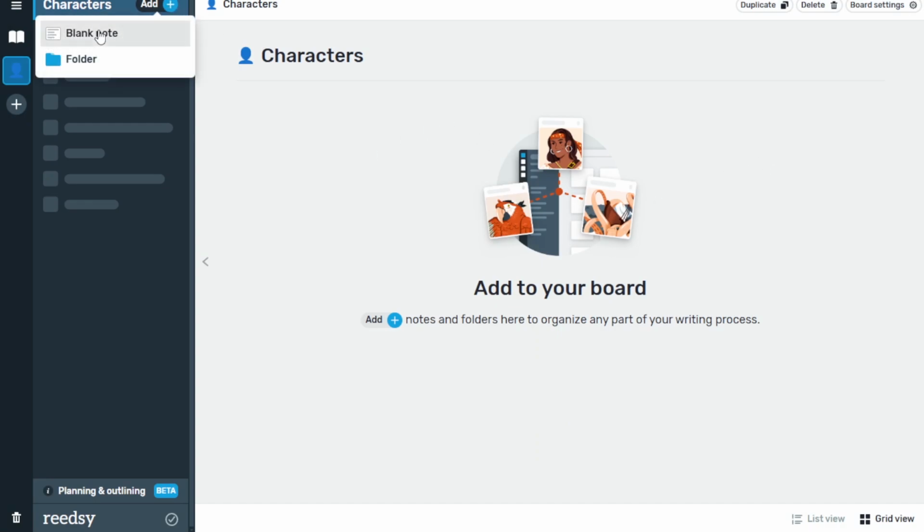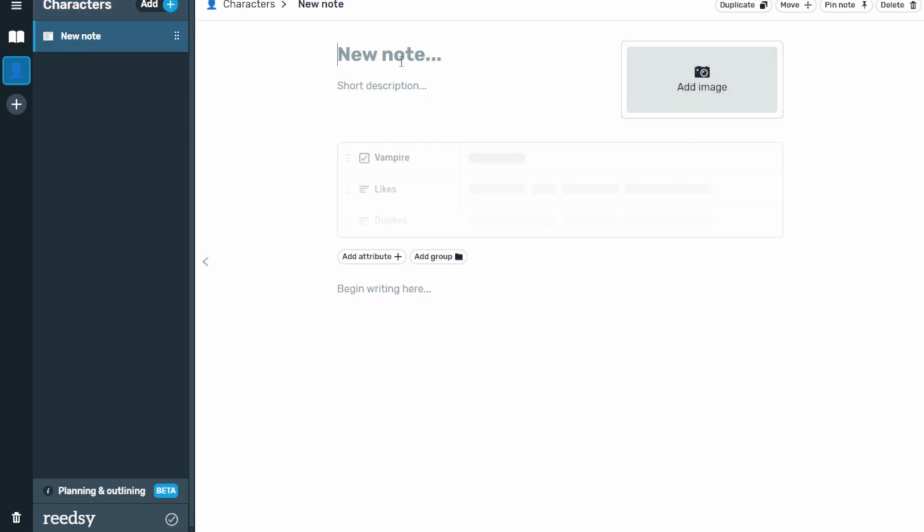Click on the Add button, do a blank note. And from here, we can put in the character's name, the short description, and then fill out all the information, the attributes for the specific character, add an image. Like I said, you can look at the video that I have available on YouTube already, but it's handy. And then when you want to pin something from the planning board, click on the pin note,